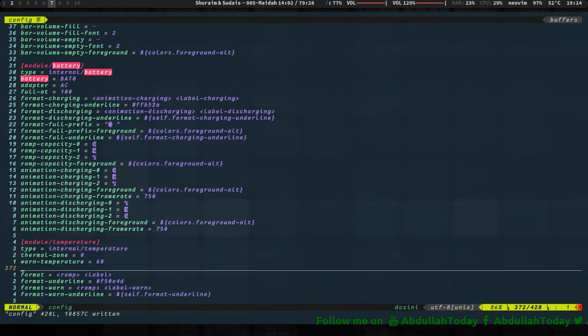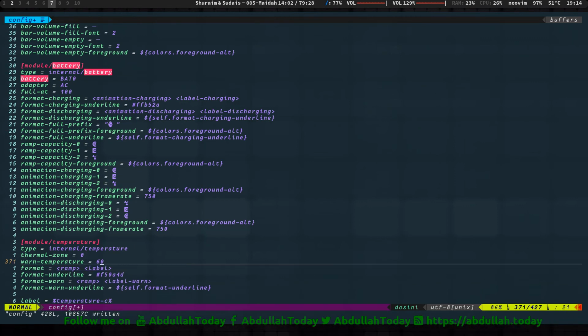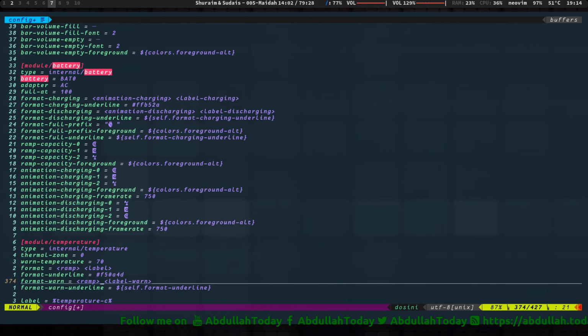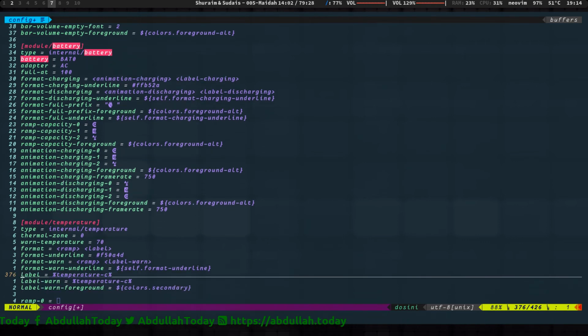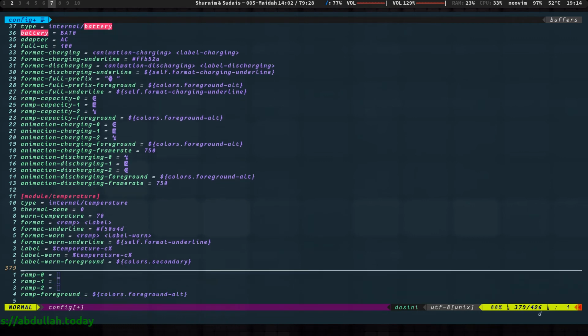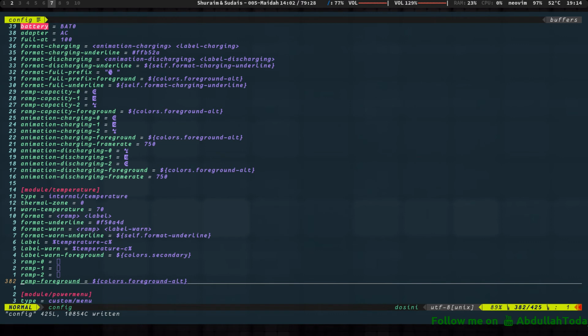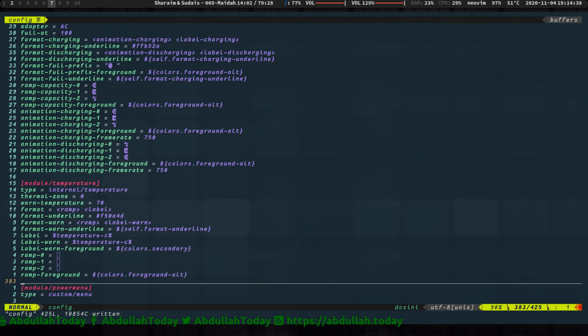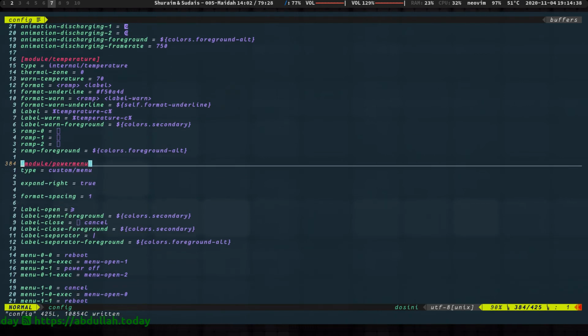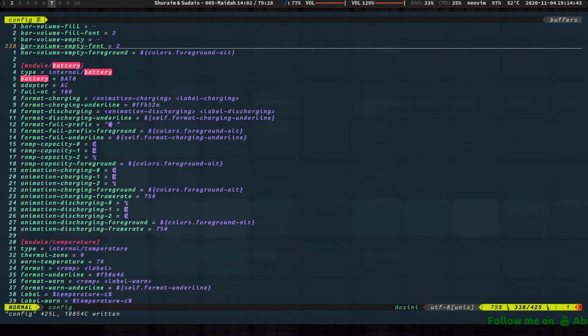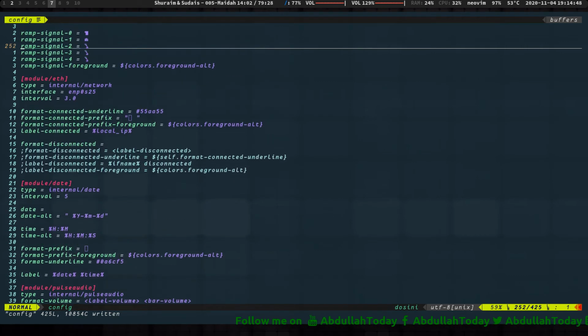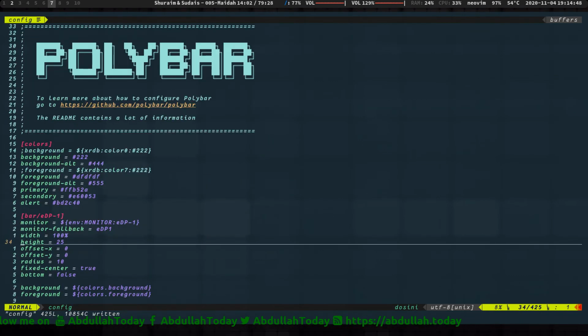Temperature, the system temperature, it should warn you about 70. When the temperature is above 70, it should warn you, thus changing its color. You can configure a menu here. Power menu, I think I don't have it enabled in the modules in the bar configuration. So power menu, let's add this in